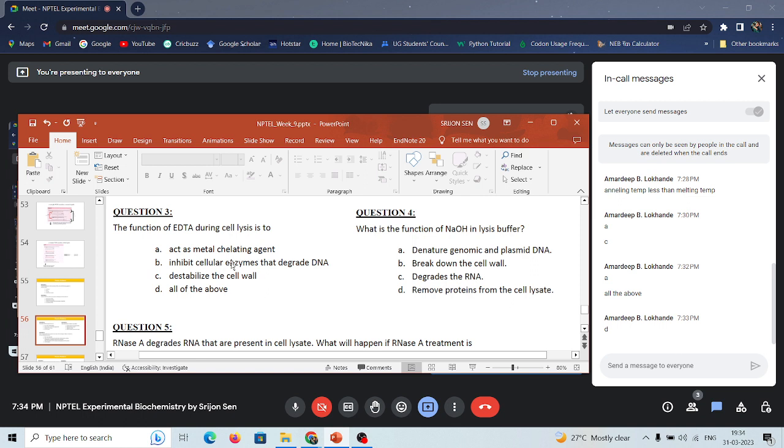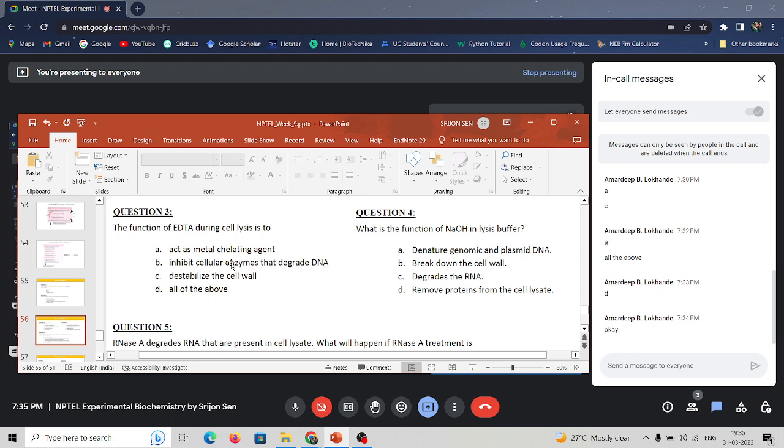Actually, the role of NaOH is to denature your genomic and plasmid DNA. Okay, and it also breaks down the cell wall. So the function of NaOH is to denature the genomic and the plasmid DNA and break down the cell wall. So both A and B are correct. D is not correct because it does not help in removing the proteins from the cell lysate, and also it does not denature your